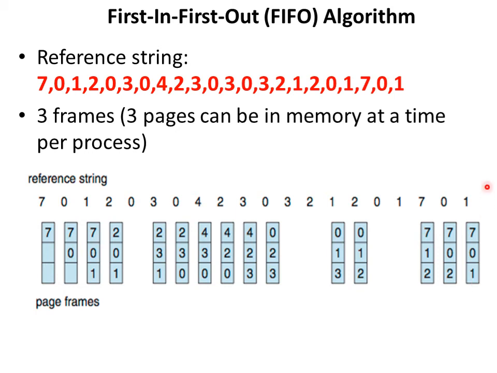So we have to stop the process here because all the reference string is over. Then we can calculate the number of page faults as how many times you have redrawn these boxes. So the page faults are 1, 2, 3, 4, 5, 6, 7, 8, 9, 10, 11, 12, 13, 14, 15. So for this given reference string, there are 15 page faults. And this is how the first in first out algorithm is used to replace the oldest frame in the main memory.